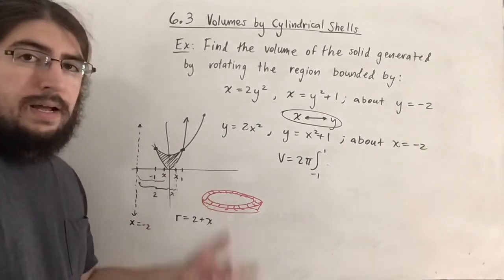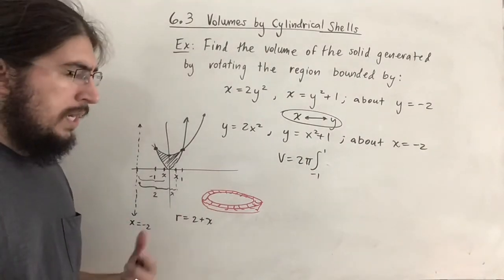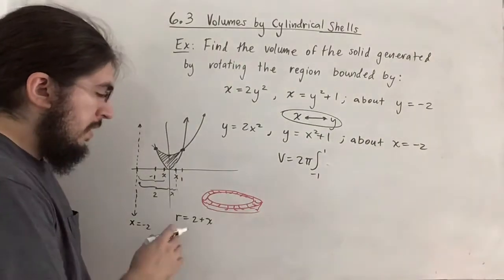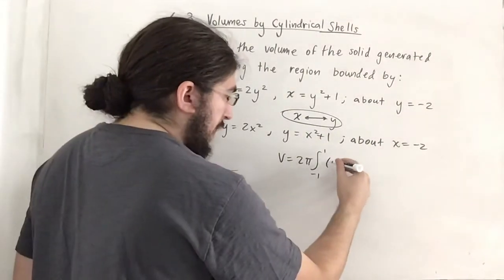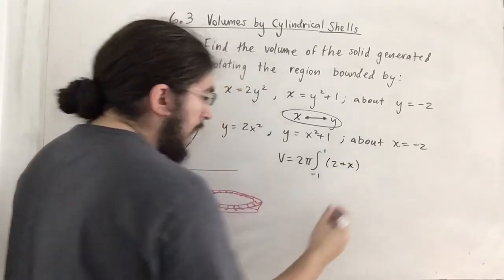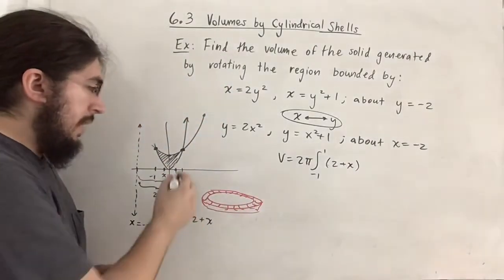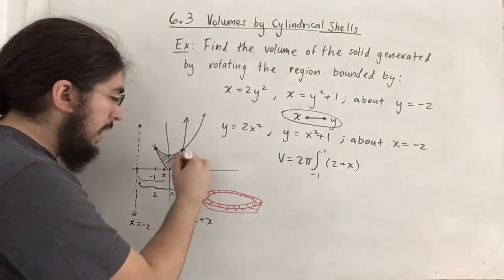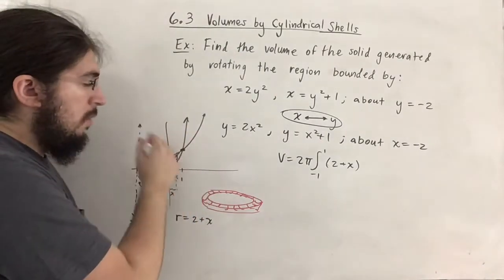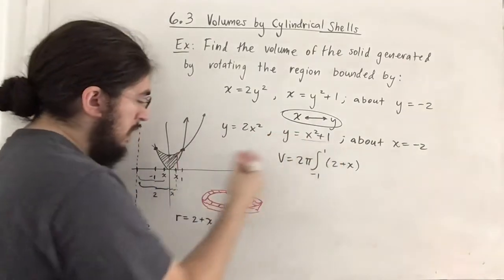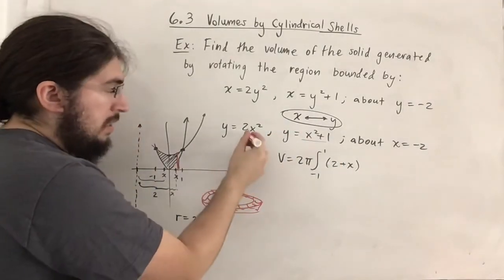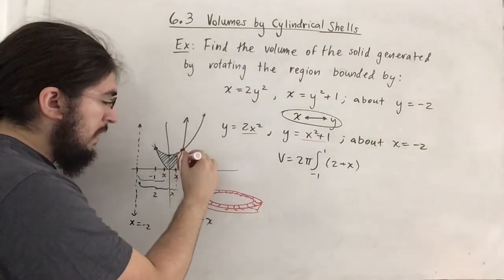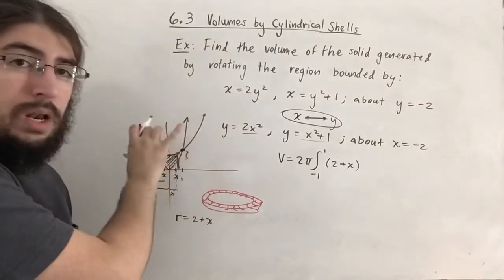More about that in a bit when we finish this problem, and we'll generalize and summarize, similar to how we did in 6.2 actually. So our radius is 2 plus x actually. Our height is still what we saw last time. It is, notice, the difference of these functions. The total height is to the upper function, which in this case is this guy. The lower height is to this function, which is 2x squared. And the difference between them is actually the total height of